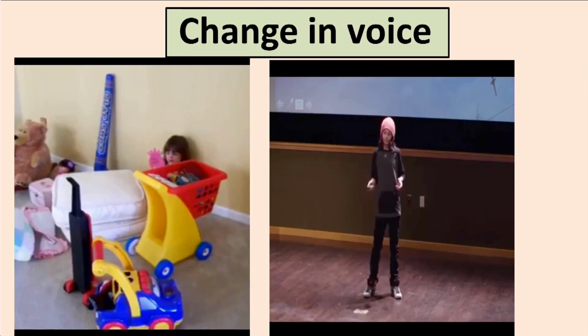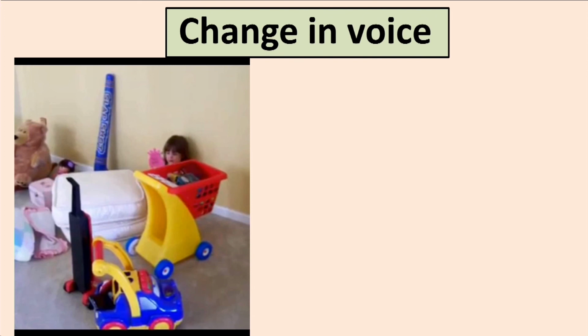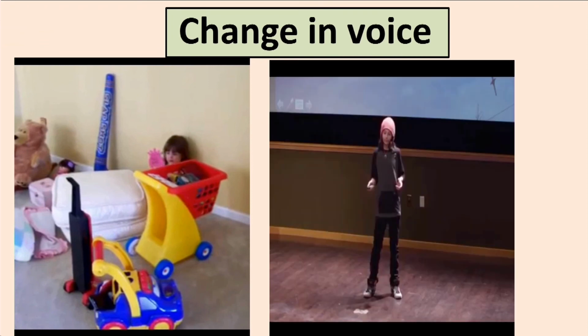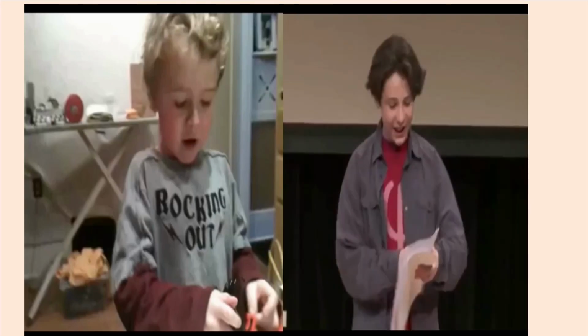Let us see a few more of them. The most important thing is the change in voice. In females, when they are in childhood, you will not be able to identify whether they are male or female, whereas when they become adults, they will have a high pitched voice. You can identify them. Similarly, in males, first we cannot identify, but later on they will have a thick, husky bass voice, and also development of the Adam's apple.